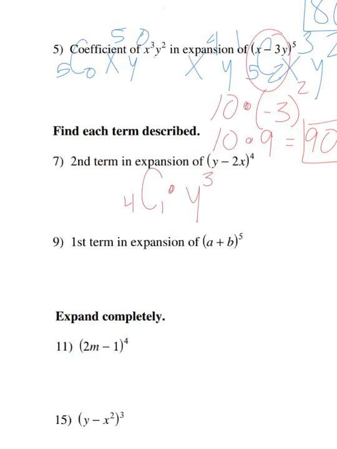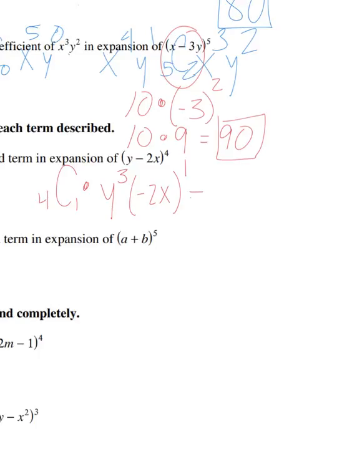Okay, and then my -2x is going to get powered with a 1. Okay, so before choose, the 1 always has to go there. So I have to follow power, choose, well, I know I'm choosing 1, and it says second term. That's because it starts with a 0 and then goes to a 1. So if I simplify all that,